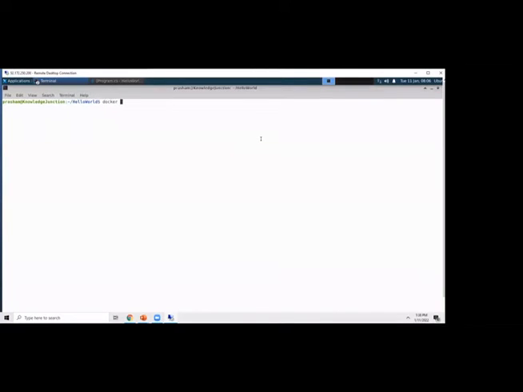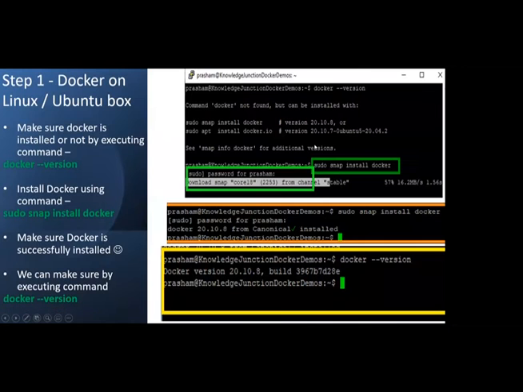This shows which version of Docker is installed, and which build. If Docker is not installed on this virtual machine, you will get a message like command docker not found, but we could install it. How to install?